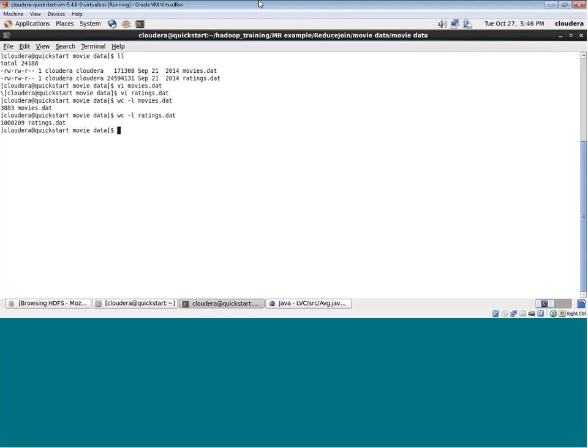I will also help you understand one more join technique after this program. So basically here we are going to process two files and generate a result. Now the problem statement is, let's say I have a movie file which contains movie ID, genre details and the movie name. And I have a rating file which contains the rating given by every user to a particular movie. Based on these two pieces of information, let's say I want to solve a problem where I want to find out the top